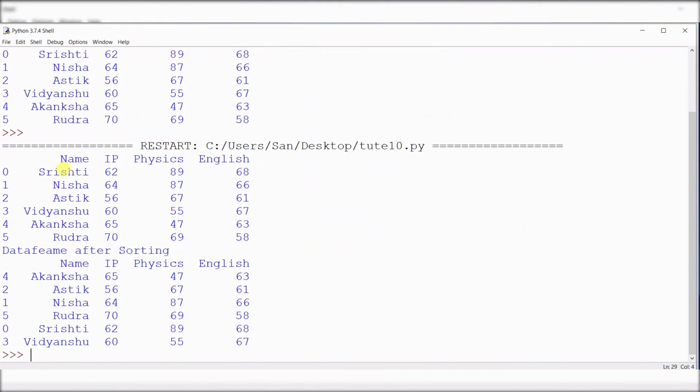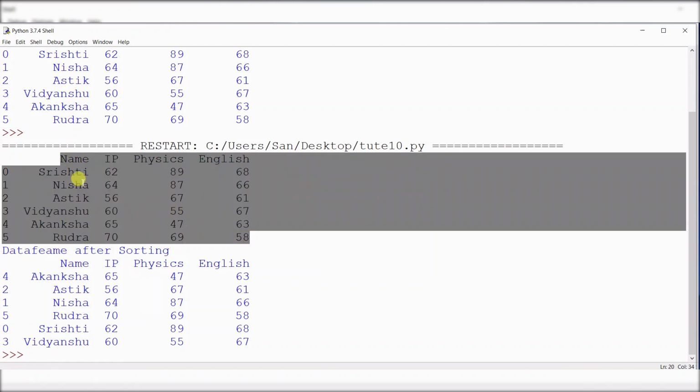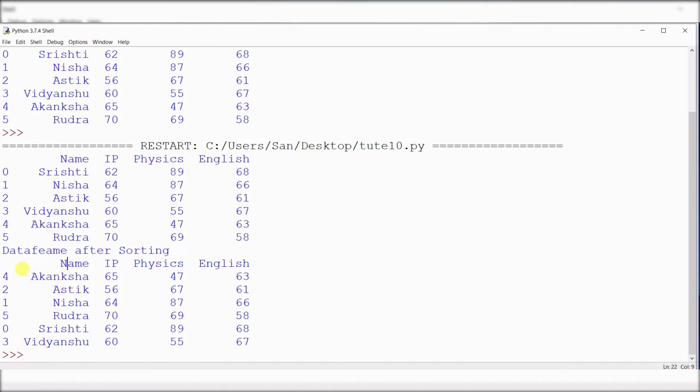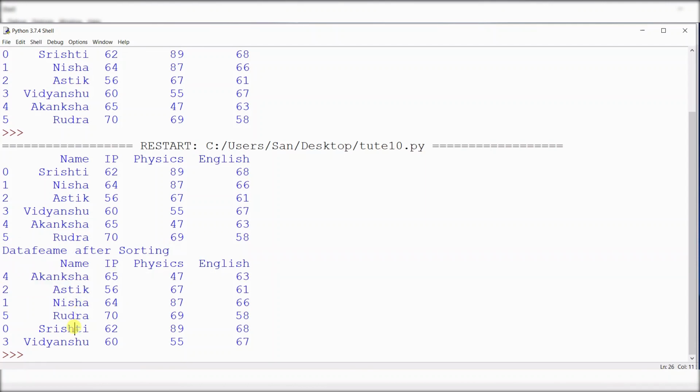Now look here, this is your first data frame, like this. First names are Srishti, Nisha, Astik, and here look, data frame after sorting. Names are in ascending order: Nisha, Rudh, Srishti and Vidyanshu. This name column is in ascending order, okay?